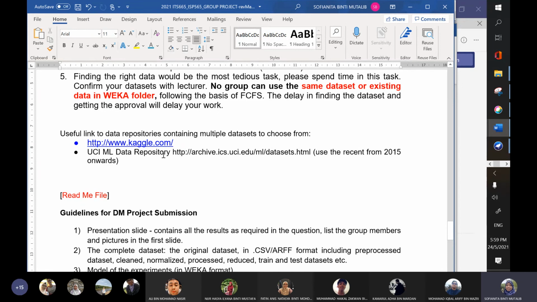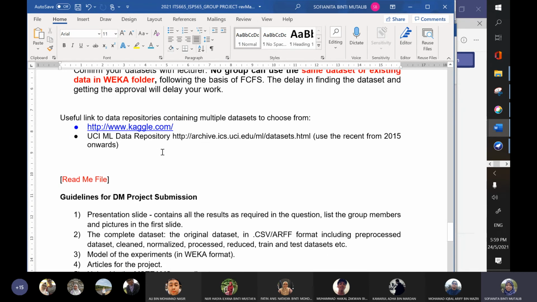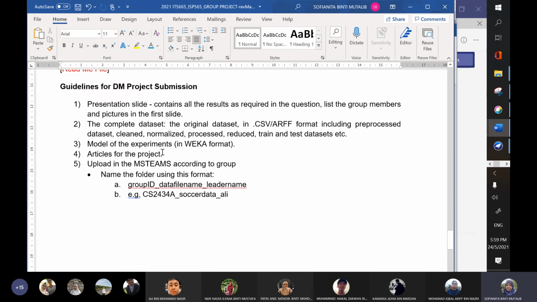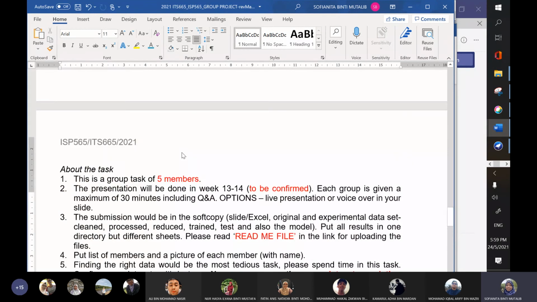So you need to show that this data set or reference is significant for your group project. It is not that there is no solution at all, but it should not be something where you just follow or mimic the steps. This will be the submission process.